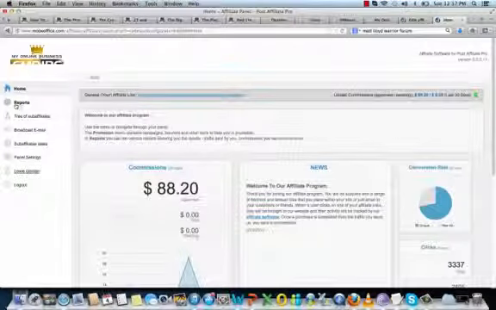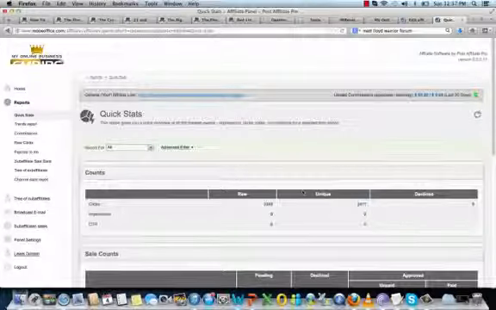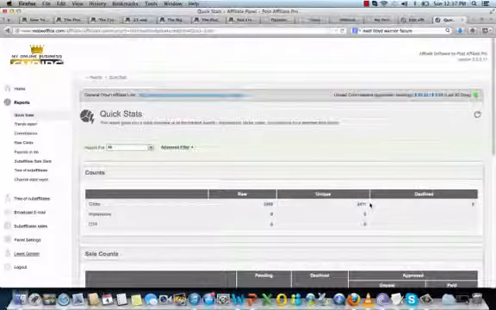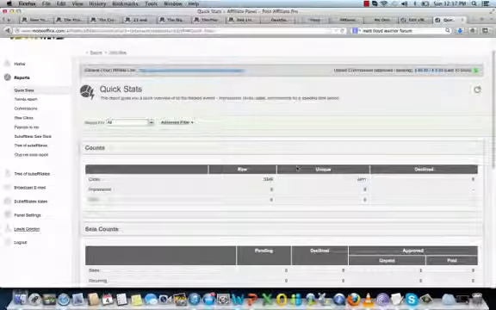Now, the most important part that I want to show you today is reports. Let's go into reports and let's go into quick stats. So we can see here we've had 2,411 unique clicks. Again, they haven't been very good clicks, so we haven't seen very good results in this account. I wish I could show you another account, I probably should have, where you can see what it looks like when you're sending good traffic. But you can see we've had